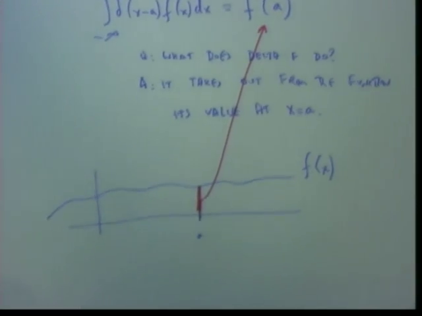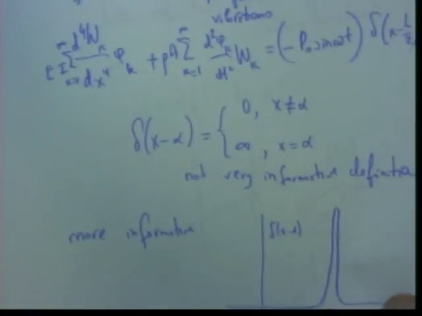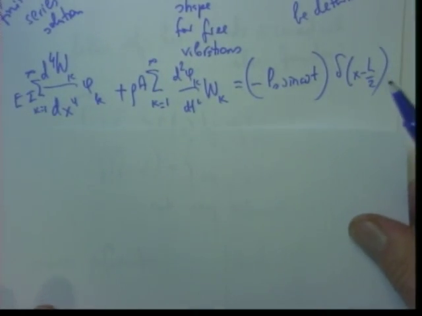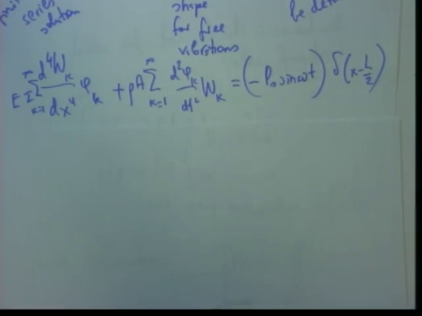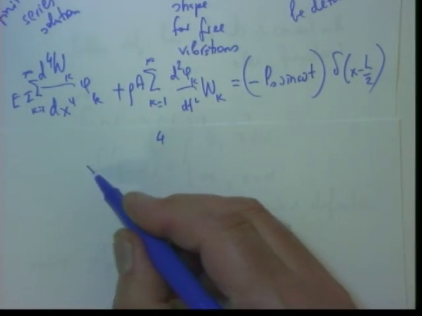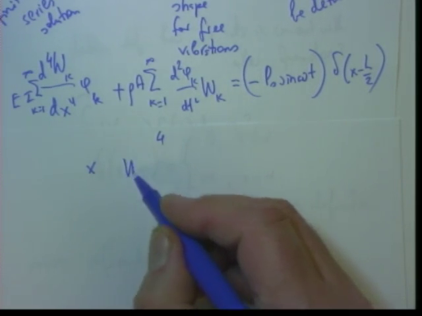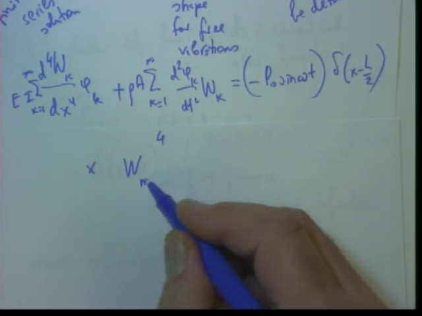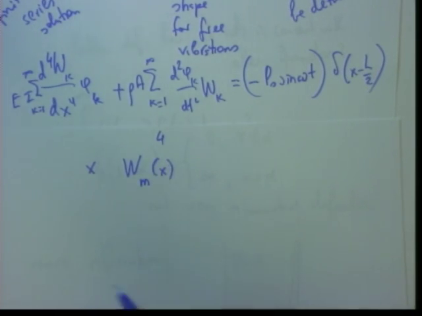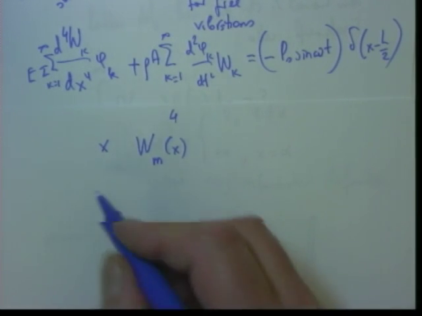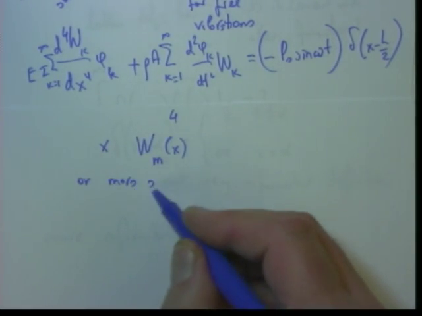So we go back to what we had here. We have this expression. We multiply this expression by W_m(x). So I'm giving a slightly different presentation then. Or more specifically,